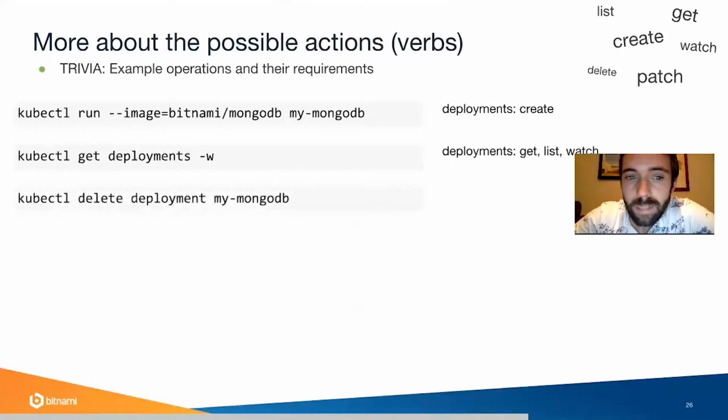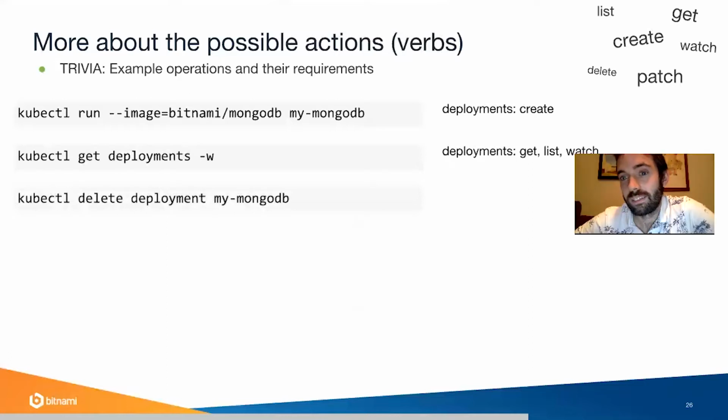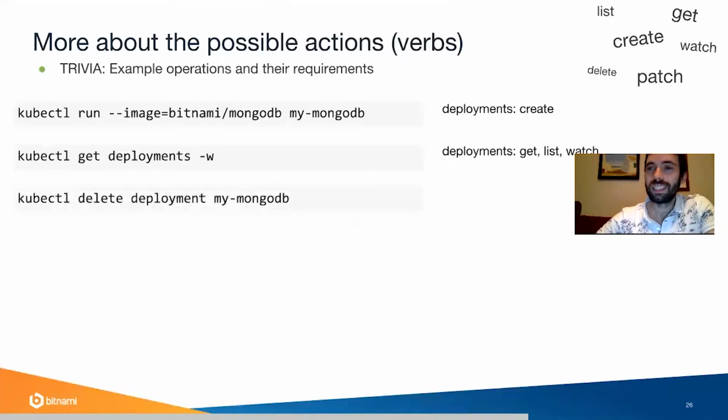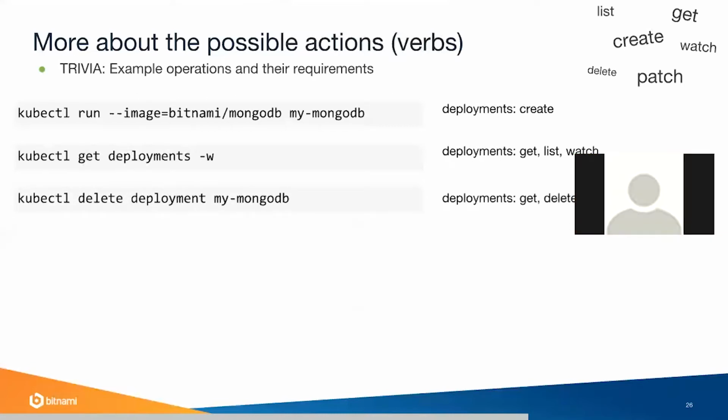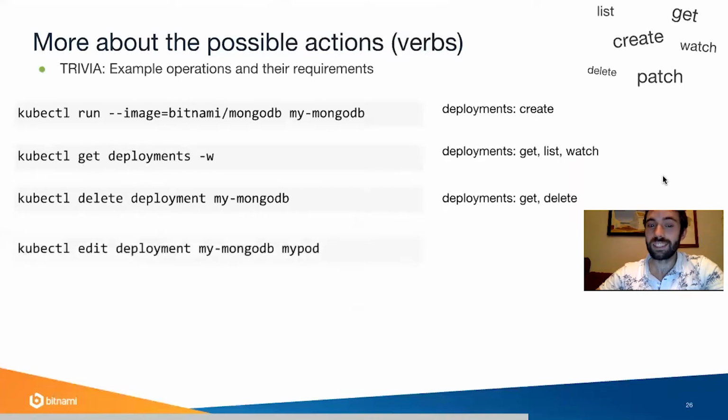So it will just update the status. And to delete a deployment, remove and get, I think. Delete and get. Delete, yeah. Okay, delete. Yeah, it's true. We need to delete and we need deployments. But also, in order to be able to delete a deployment, we need to see if the deployment actually exists. So we need get and we need delete in order to delete a deployment. Does it make sense?